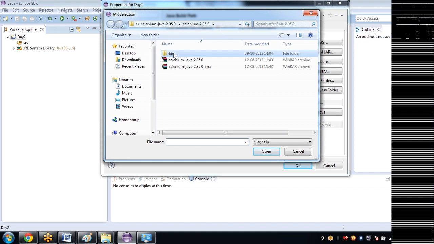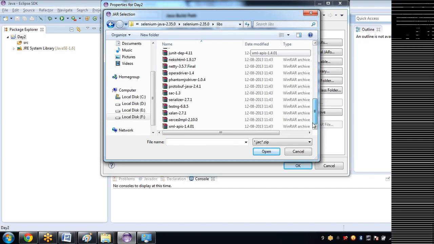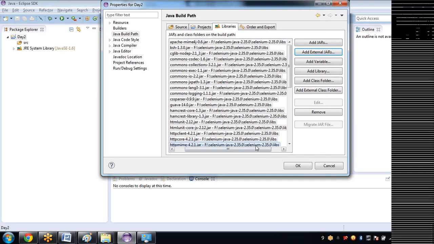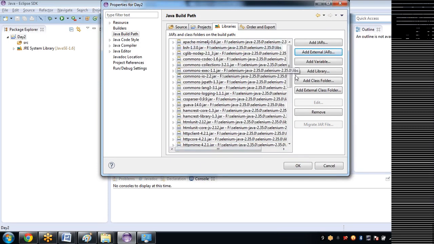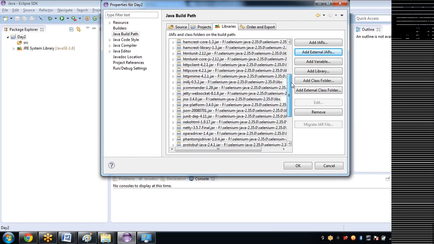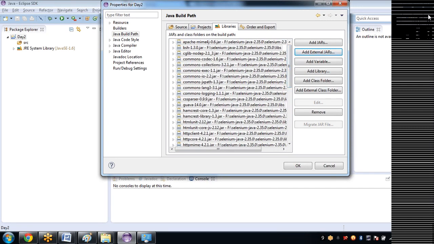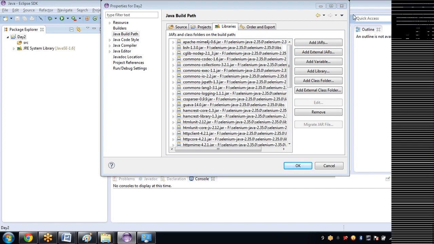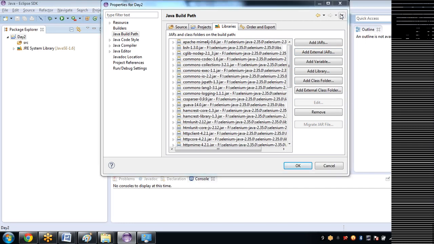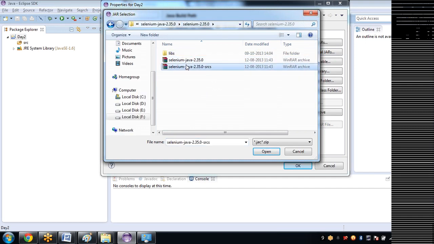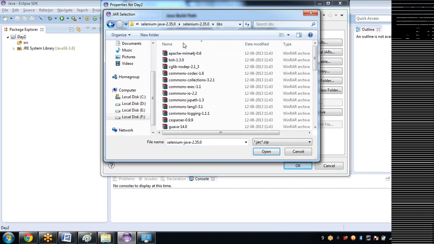Now double click on the libs folder. See, you have many here. Control A, select everything, open, so that all jars you will get here. Fine. That means now Selenium jars got imported. Remember, if you miss any one jar, you cannot run your WebDriver code. For example, you imported all this and forgot to import the first 2. It will not work. Or if you miss any one out of everything,